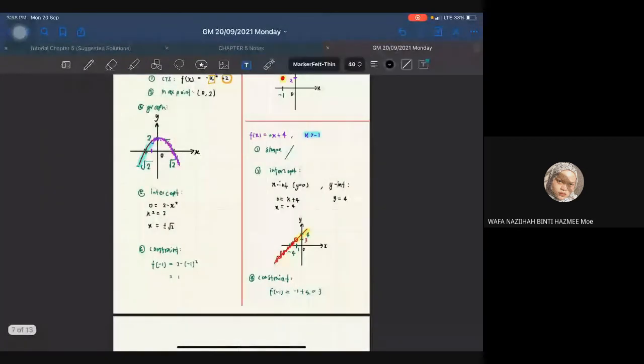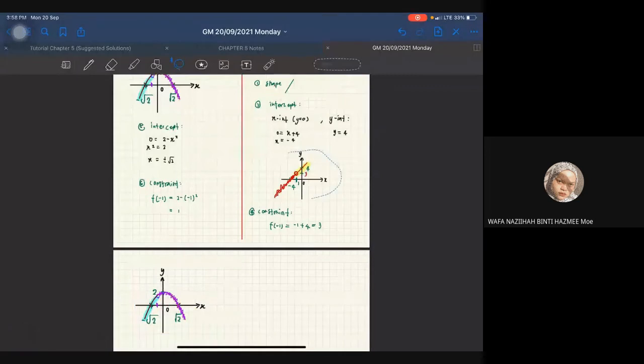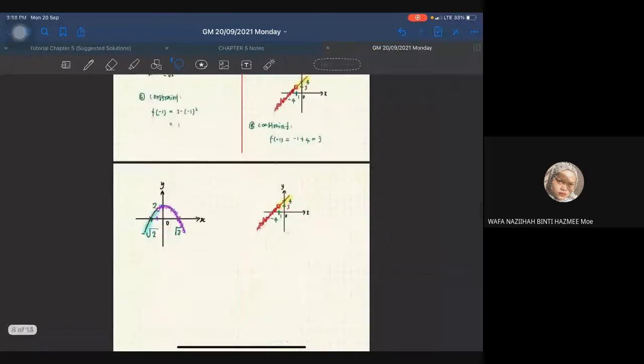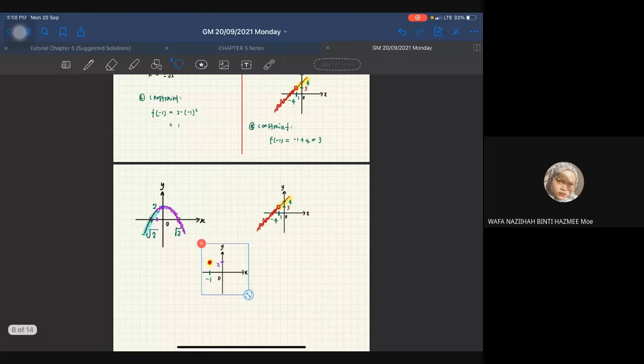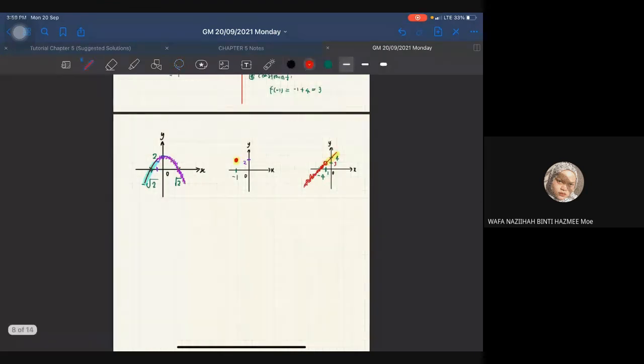Okay, so kejap saya copy dulu this one to make it clear. So copy, paste. And then this one saya copy juga. Paste kat sini. Okay, and then this one pun sama. Paste kat sini. Okay, so ni sama sikit. This one kat sini. Okay, so sekarang kita akan letakkan semua graf yang kita ada ni, ketiga-tiga ni dalam satu